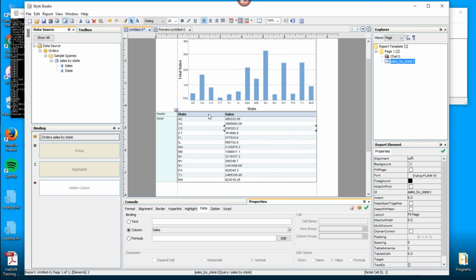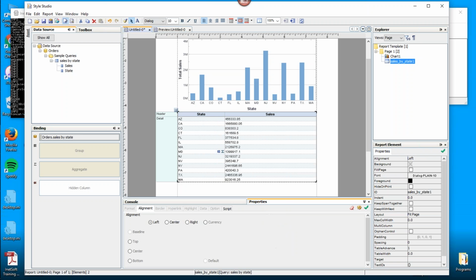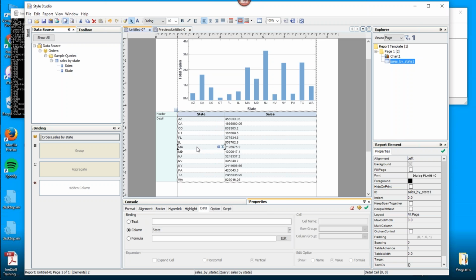Now I can still continue to add other ad hoc formatting. For example, I can select the header cells up at the top, select both of them and center align those. That might make sense. I might want to also center align the state, so I can click on any of the state cells and press the center align button.